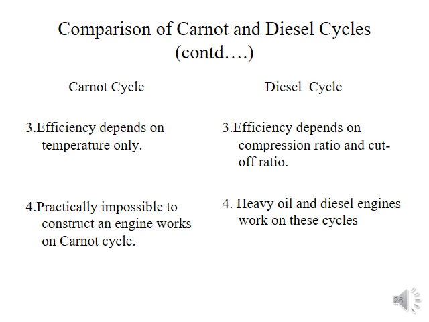of the PV diagram and the TS diagram for both the Carnot cycle and the diesel cycle also, and write the efficiencies of both. For the Carnot cycle, efficiency is equal to 1 minus T2 by T1, minimum temperature divided by the maximum temperature, and we know that the efficiency of the diesel cycle is 1 minus 1 divided by r power gamma minus 1, bracket open, rho power gamma minus 1 divided by gamma into rho minus 1. So, this is the difference between the Carnot cycle and the diesel cycle.